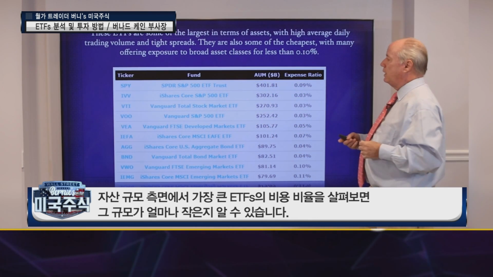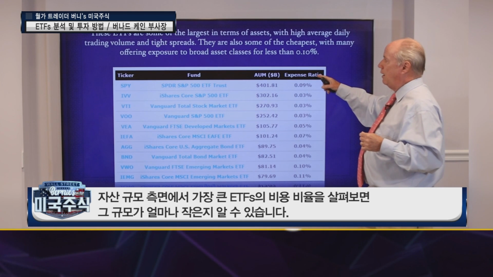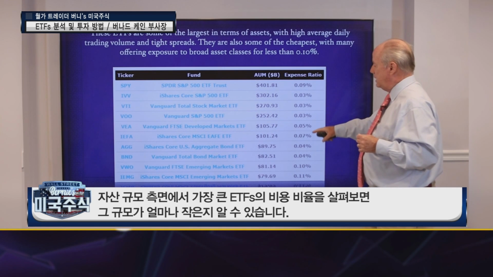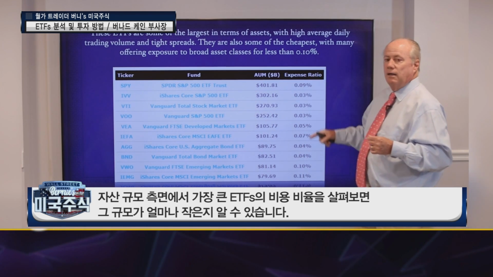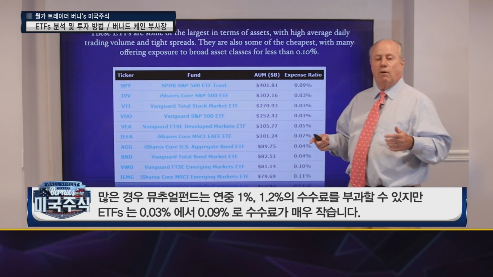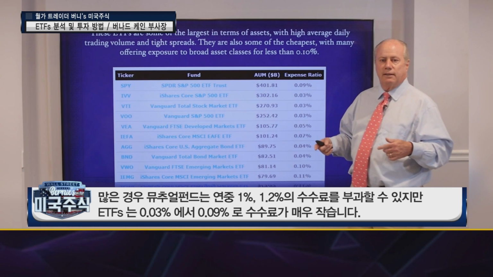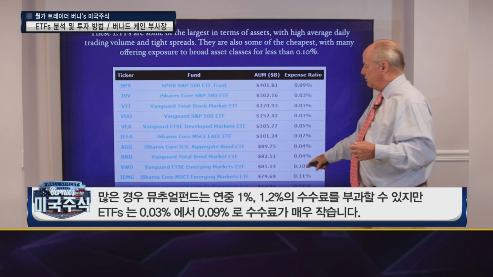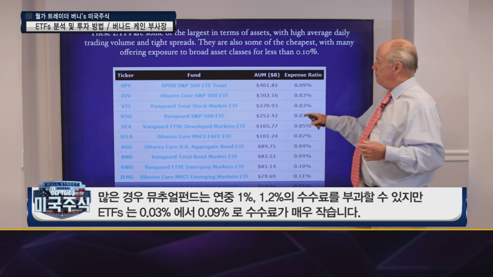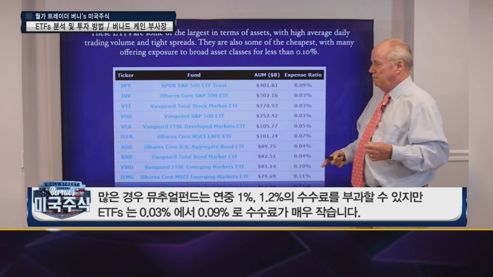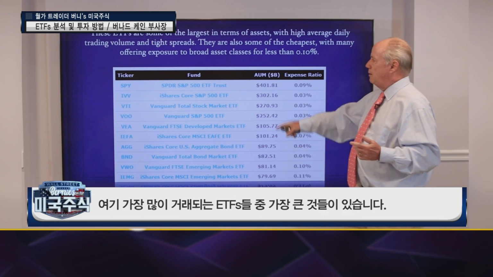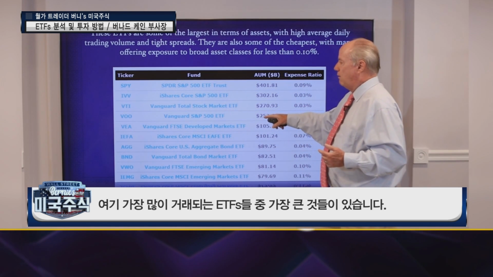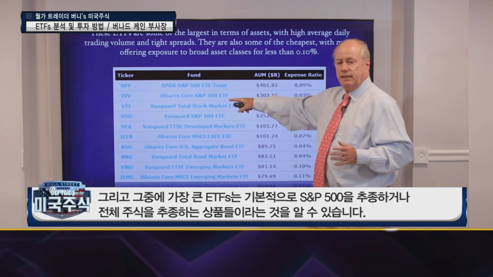So when we look at the expense ratios of some of the largest ETFs in terms of asset sizes, you can see how small they are. A lot of times a mutual fund might have 1%, 1.2% fees annually during the year, but these are down to 0.03 of 1%, 9/100ths of 1%, really small. Here's some of the biggest ones we've got,